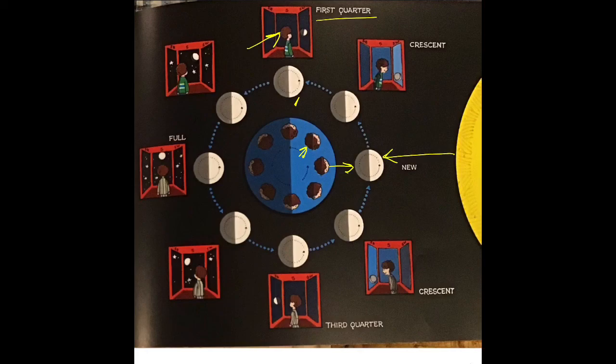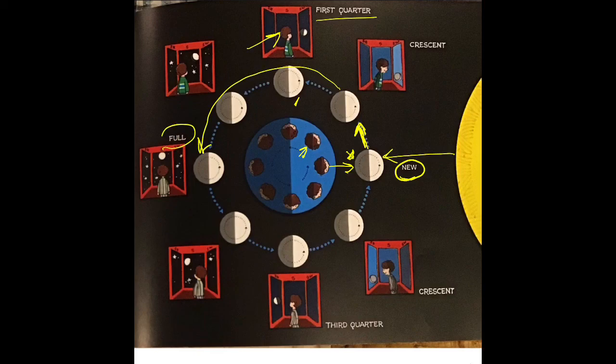He is seeing the shadow side. So that is a new moon. And our cyclical pattern is going in this direction. So if it begins as a new moon, is it going to appear to get larger or smaller? Very good. It's going to appear to get larger because we know that that moon is working its way to